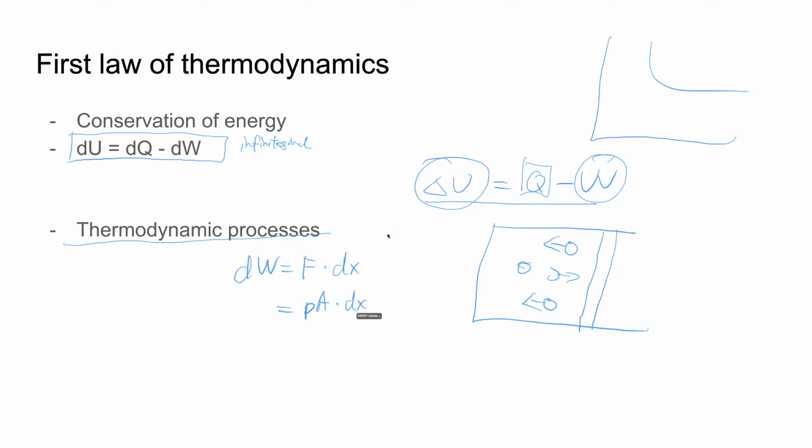And for P, what happens here is we can separate the P out, and we look at A times dx. So what really is A times dx? A times dx is basically the volume, because there's a small x change, and then that's the area. If we multiply the area by the height, or the side length, we get the change in volume. So there you have it. If we integrate both sides, then we have the work done is equal to